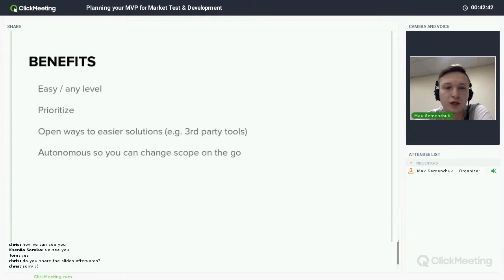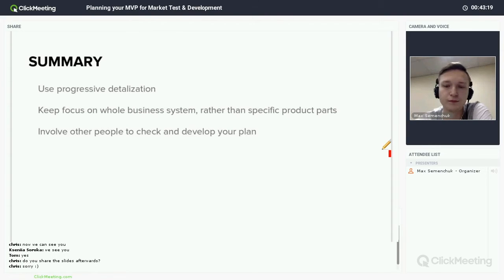So sometimes they are broken down into A, B, C. So these three are A class features, these are B class features. But what's recommended is to just number them 1 to 30, where 1 is the most important and 2 is the next most important. And this way, it's easy to change the scope. So if you, for example, have raised a bit more or a bit less money than you planned, you don't need to make lots of pre-sessions or changes. You can just develop as you go and stop at the priority you've reached.